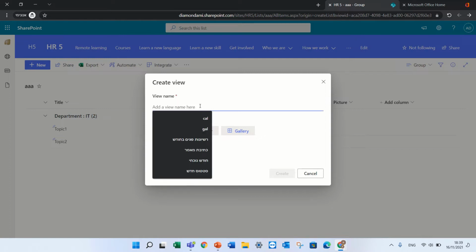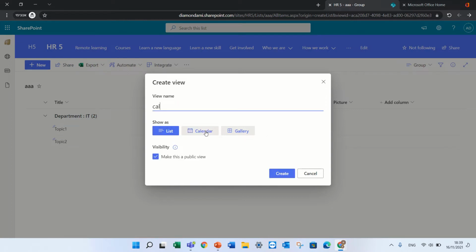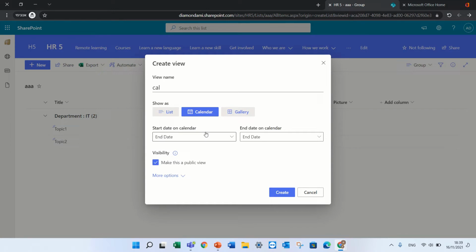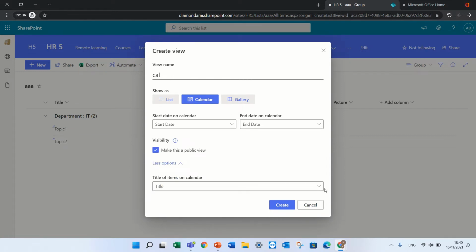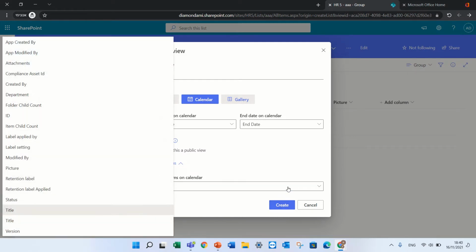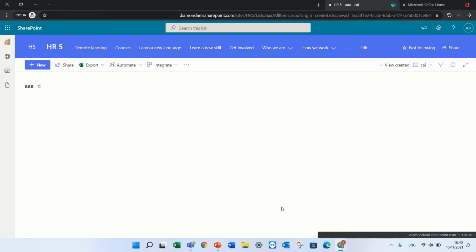So I will give the name of the view, I'll call it cal. I'll choose calendar, and then it's asking me which columns I will use for the date in the calendar. In this case I can use start date and end date, because these are the two columns I created. If I have only one, I can use only one, and I can choose which title will be used to show on the calendar. Currently I use the title. If I have a different column I want to describe it, I can change it. As you see, there are lots of columns. I'll press create, and now